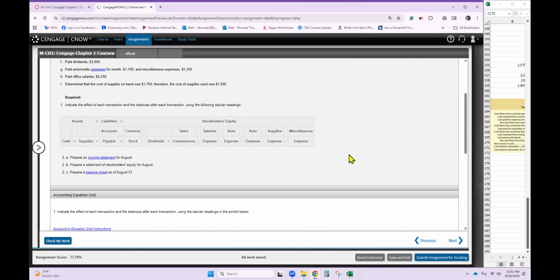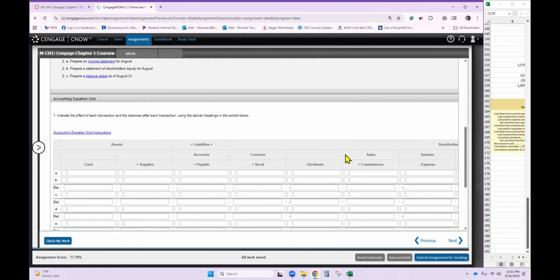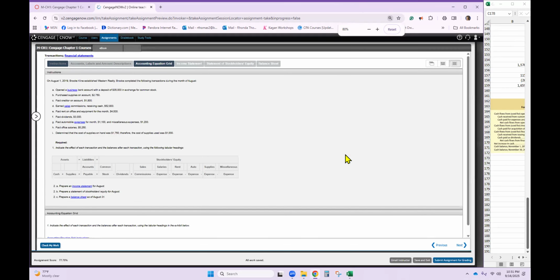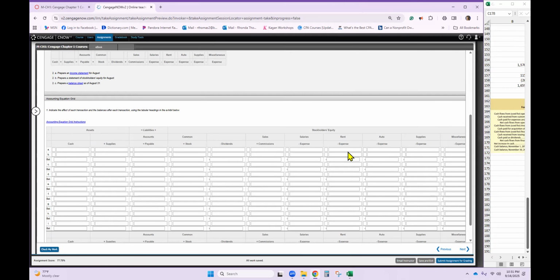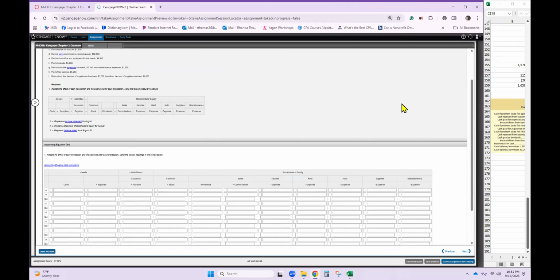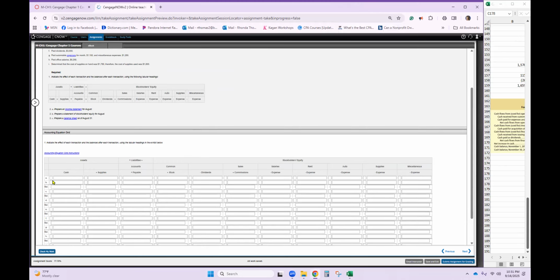Okay, so I'm going to slide this over. I'm going to make this pretty small so I can try to see it. Sorry about that. You do have to put pluses and minuses in as you go. And I'm going to read this from my book. So I am going to stop